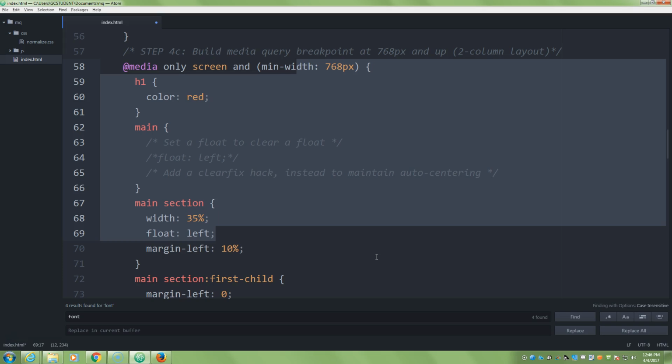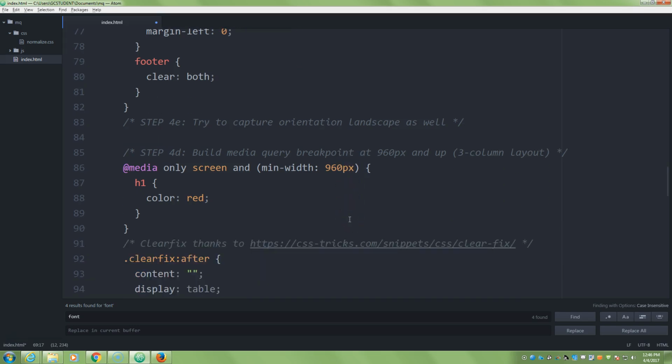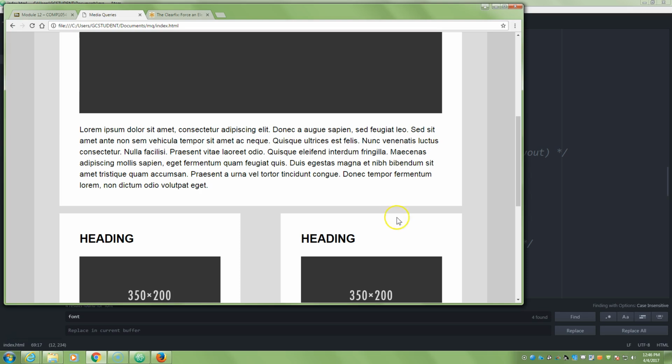the CSS cascade. Unless I put media only screen and min width 768 and max width is say 989. So I can set a breakpoint where there's a range in which those things are true. And this way, I'm going to benefit from some of that cascade by just setting the min breakpoints. Okay? So it's a little simpler. It's very much a mobile first kind of approach. So save that, head over here to the,